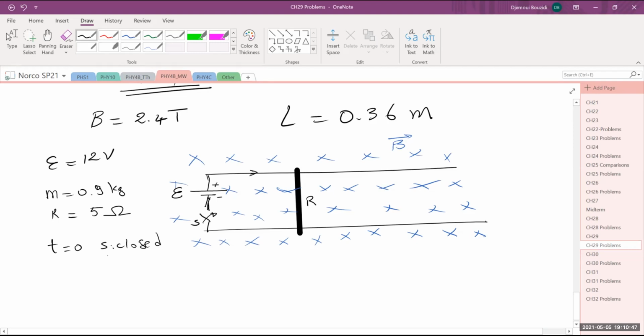Now, sketch the bar speed as a function of time. Obviously, here is what's going on. We're probably going to draw it more carefully at the end. Initially, when the switch was open, before t equal to 0, there was no current in the circuit. So there is no reason for the bar to move, because if there was a current in the circuit, the bar starts to move one way or the other, depending on which way the current is moving. If the current is moving downward, as the battery is going to push it,